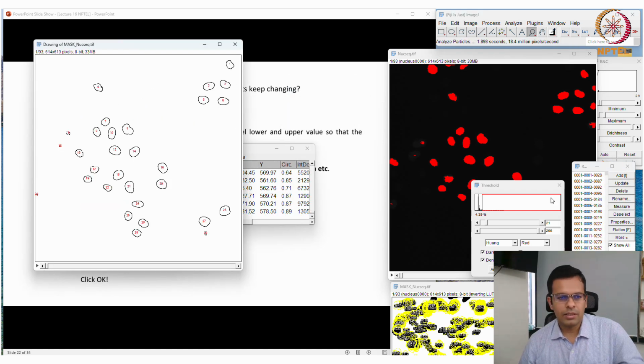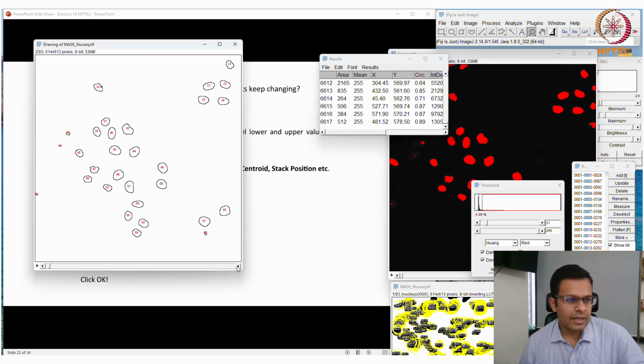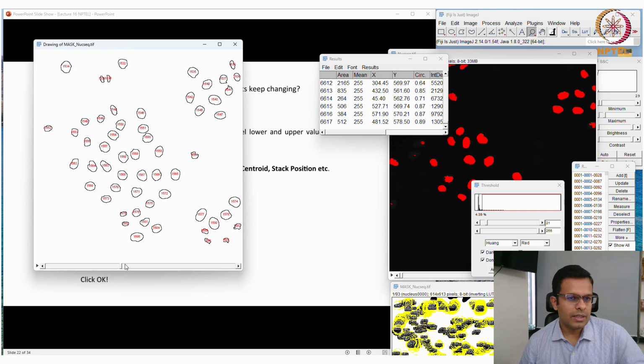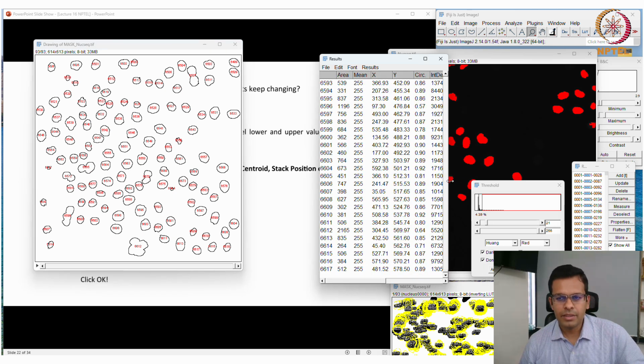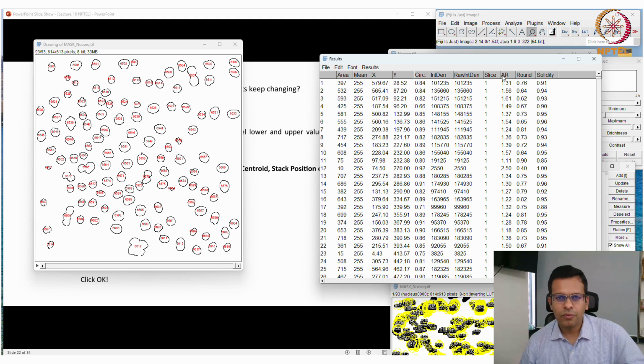So it is doing so much counting. What it did, from the image, it gave numbers to the nuclei: 1, 2, 3, 4, 5, 6, 7, 8, that way in the first image. Then this is the second image, third image, fourth image, and that way up to 93. Now you can see each nucleus has one number. And this is the kind of Excel file it has made. Not Excel, though you can save it as Excel, and it has all these measurements for all this area.